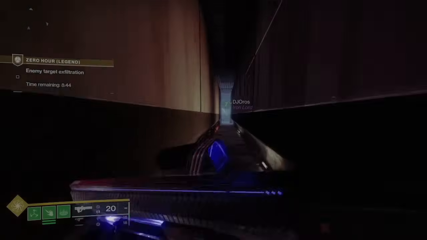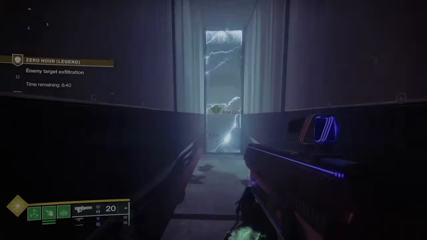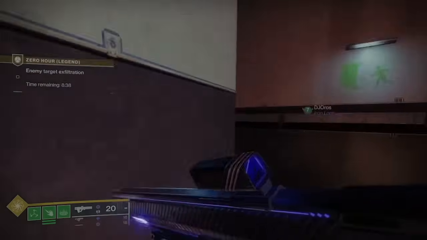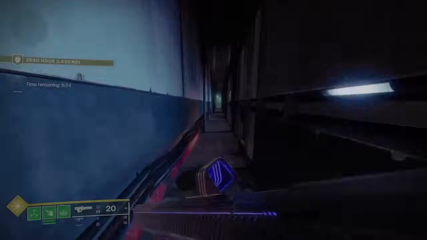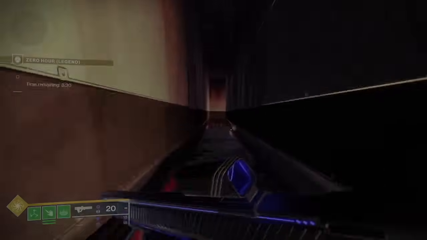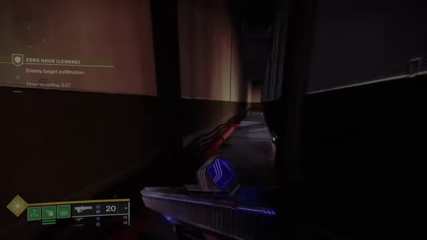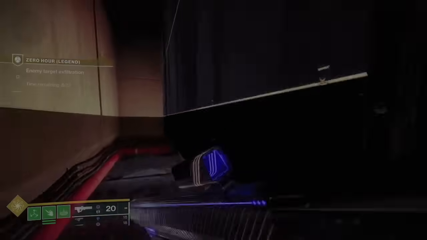So the way that I would recommend doing this is first going to the right when you drop down, hitting the two switches on that side, and then jumping across the middle and hitting the two switches on the opposite side before heading to the exit, as the exit will be on that side. So I would definitely recommend going right first versus left, but I leave it to you to figure out which